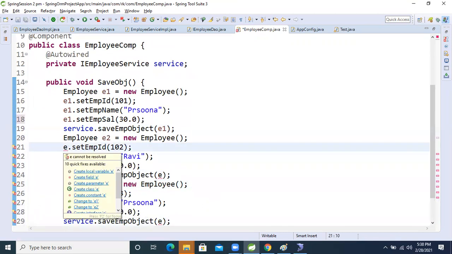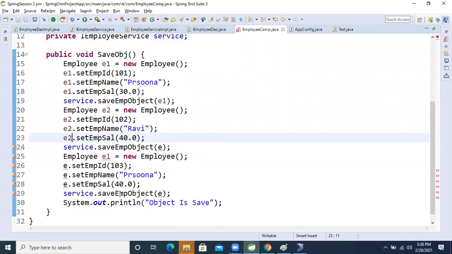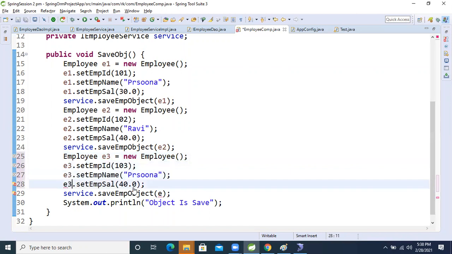Here 2, 2 2. Here also 2 in the argument. Here 3, I'm taking 3 3 3. Here also the third object.